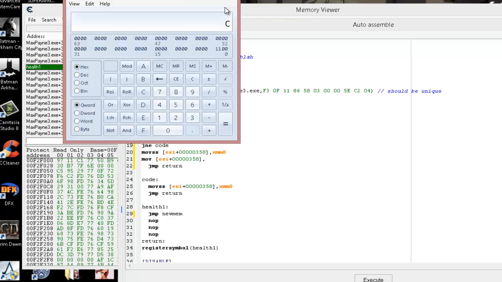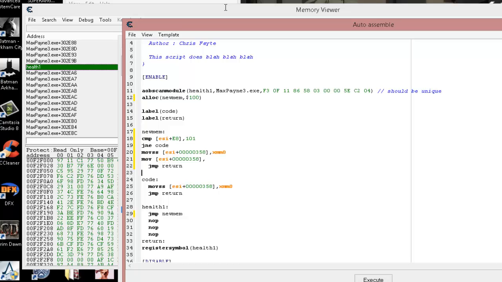I don't know what the offset for 300 is, so let's clear this out. I go to decimal, I put 300, and it's 12C. That's the hex value. I said offset, I'm sorry. I don't know what the hex value is for 300, but we saw that it is 12C. Now you can do it two ways. We know that it's a float value because we looked at float. We can put parentheses float, and put the decimal value of 300, and it will write 300 to our address. Or we can put the hex value